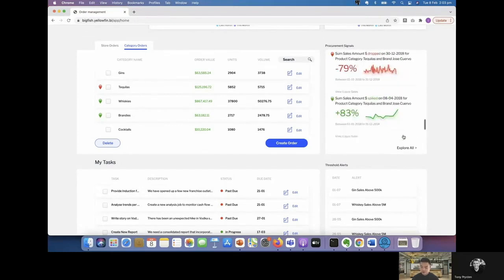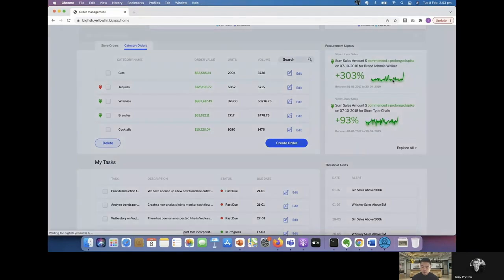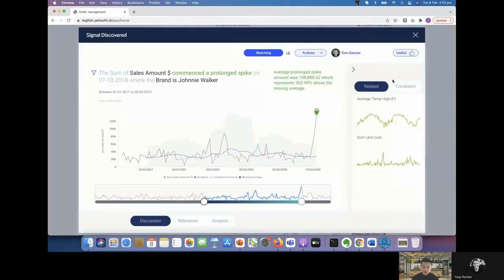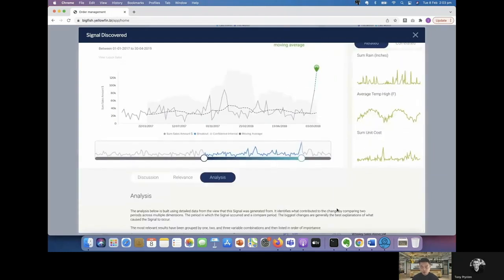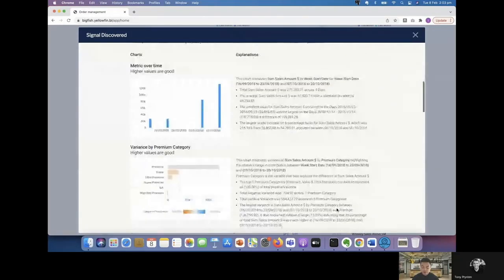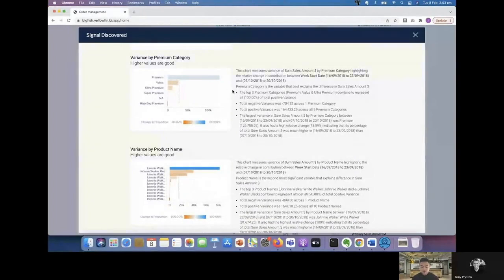to the users. So, for example, there's a lot of stuff happening in terms of the different brands. Johnnie Walker has had a great year. It spiked in October. Rather than looking at a dashboard for it, it finds a critical change and then immediately alerts you of it, and then immediately provides you that automated analysis as well. So, for example, what was responsible for that spike in October? And then you ultimately see that these charts have been automatically created for you based on key driver analysis, the